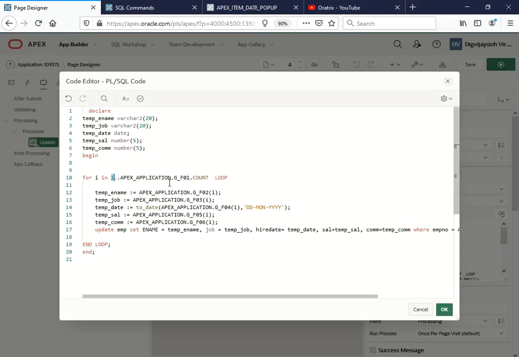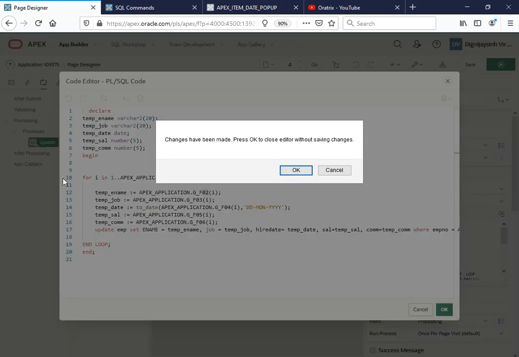Whenever you are executing your for loop, it will execute 19 times, right? For each row it will be executed once. I'm starting a loop. I'm storing my apex_application.g_f02.